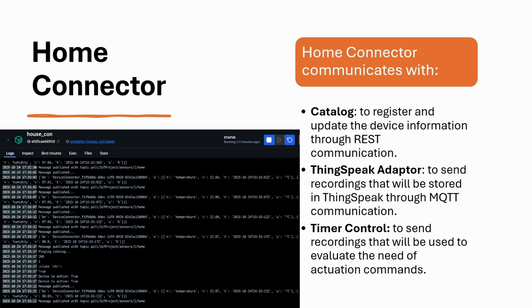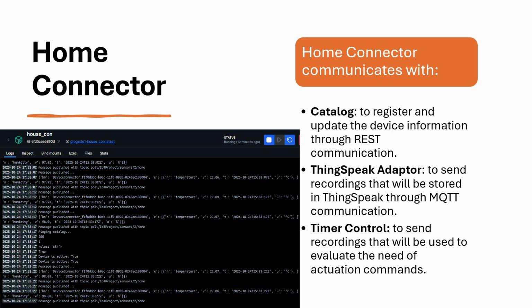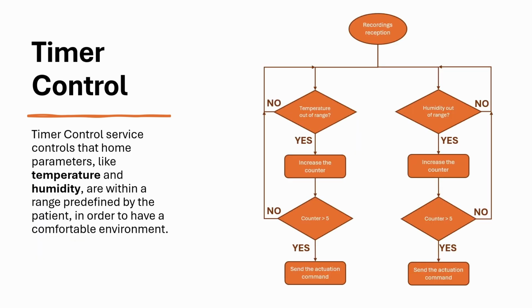Also, there is the timer control, that is the automatic manager of the temperature and the humidity of the room. This microservice, the timer control, follows the logical principle explained in this flowchart. So, for both variables, it receives the message. If the variable is out of range, the range specified by the patient,